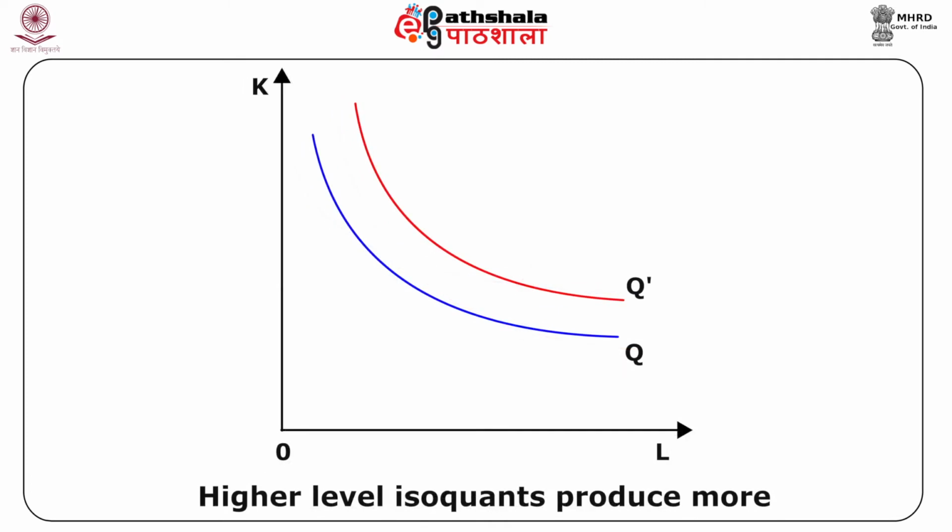C. A higher isoquant represents a higher output level. Since more inputs lead to more output, higher isoquants that lie farther from the origin represent a higher level of output. The input combination that produces Q dash in figure 4 represents more labor for any given K and more K for any given L, so that the output Q dash is greater than Q and the isoquant for Q dash lies above and to the right of the isoquant for Q.